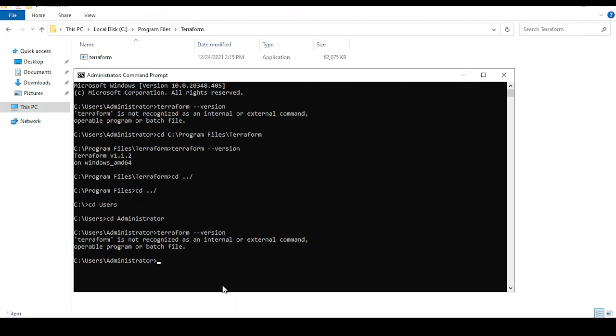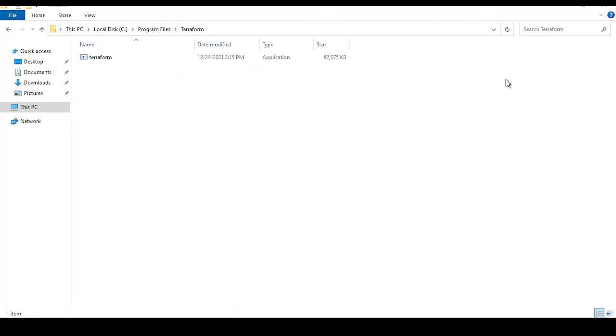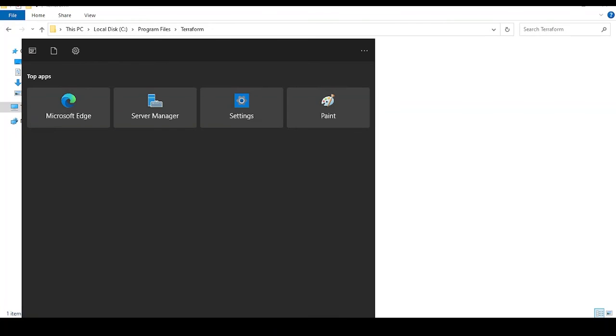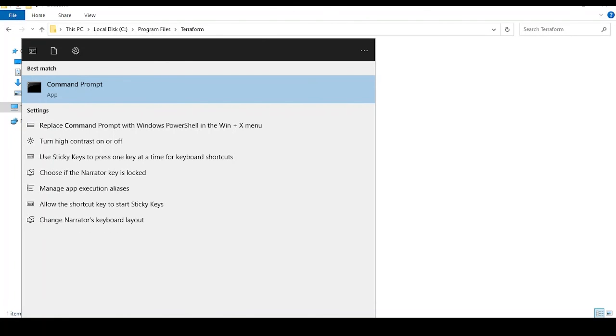Because in Windows, if you change your environment variable after opening a command prompt, that command prompt will not recognize it. So you have to close the current command prompt and open a new one.